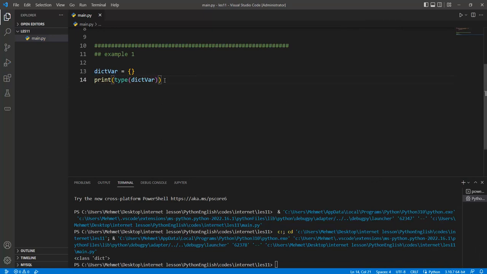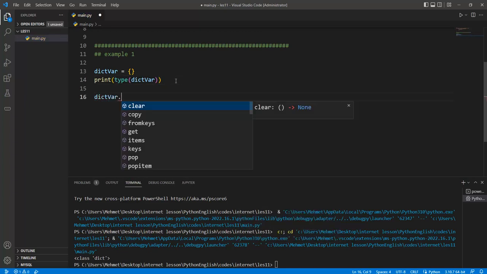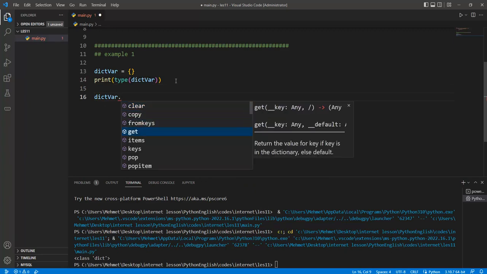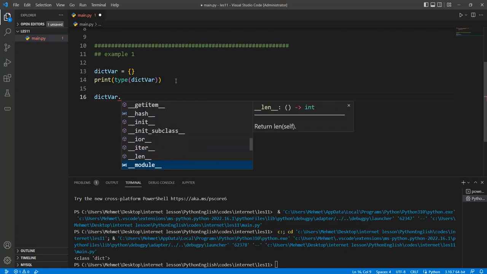Okay, and so it's a class, and it has some methods and properties related to variable manipulation. Okay, and so clear, copy, fromkeys, these are the related methods of this dictionary class, and the other things are the internal operator overloading mechanism and the constructor mechanisms. Okay,